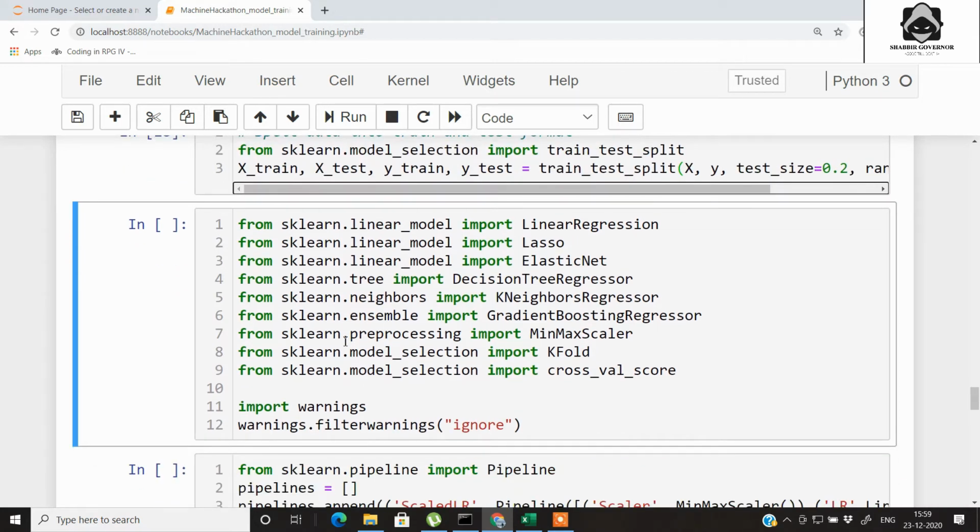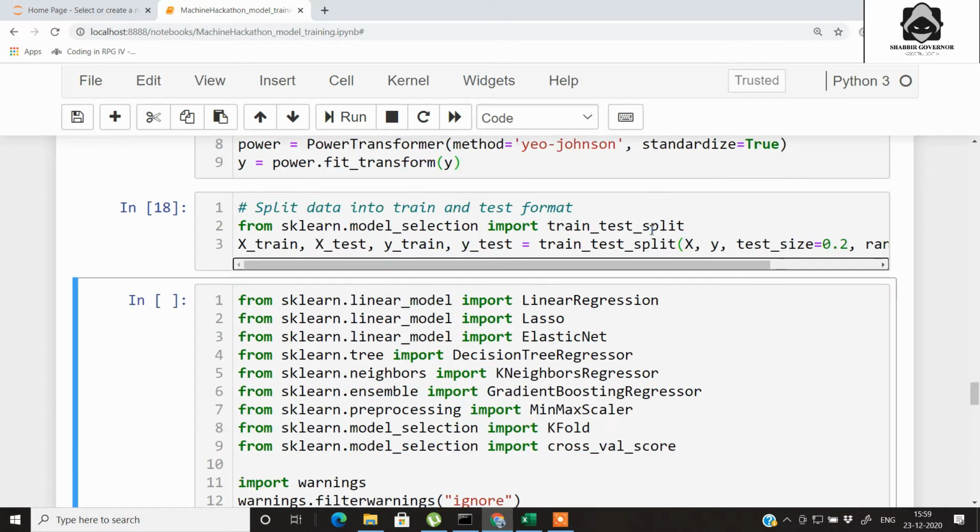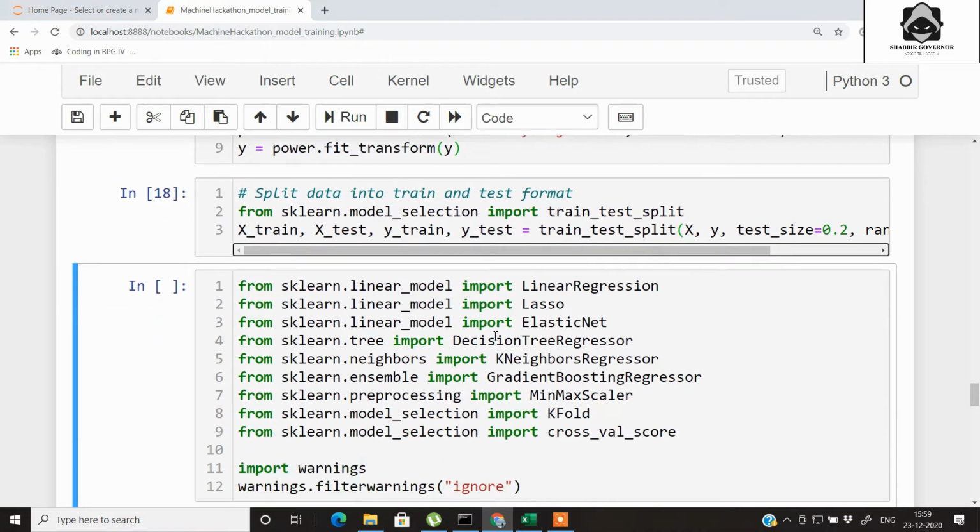Now the next thing is, we want to find out which algorithm we should use for this kind of regression problem. This was the main motto of this video. We have so many options: linear regression, lasso regression, elastic net regression, decision tree regression, then we have the k nearest neighbor regressor, then we have the gradient boosting regressor. So which one will be the best choice for such kind of data? Instead of putting your head into the mathematical aspect and calculating which regressor would be best for your data, we will apply some logic and try to find out.